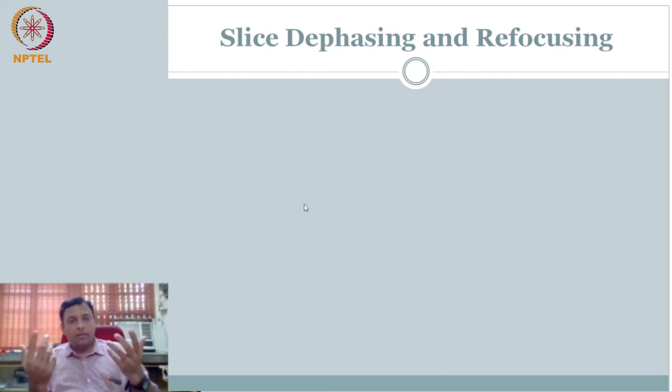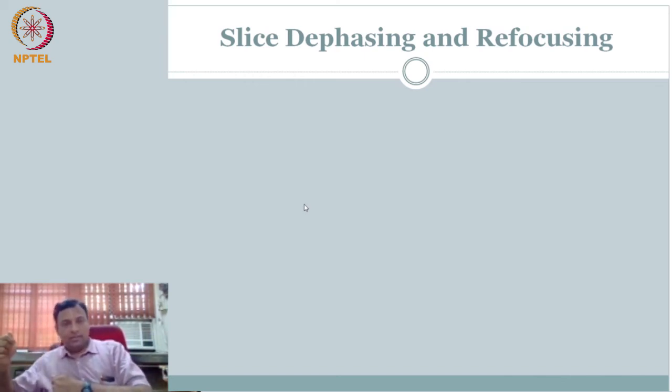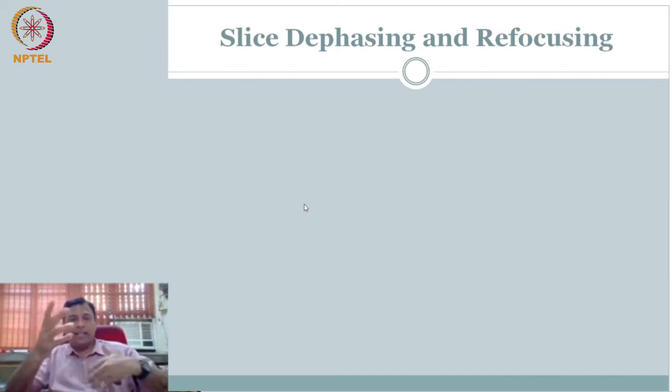So what is going to happen? The net effect is that from this slice thickness volume, you won't have coherent addition. Each one will cancel the other out, so you won't get a coherent signal. So if I have to get a coherent signal, what do I need to do? Somehow I have to make everything spin, come in phase, and then spin at the same time. If I do that, then I will get a coherent signal out.